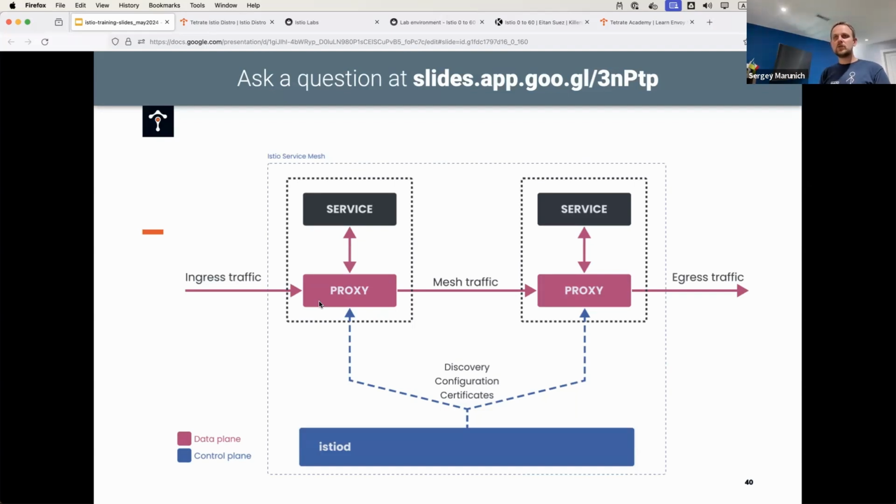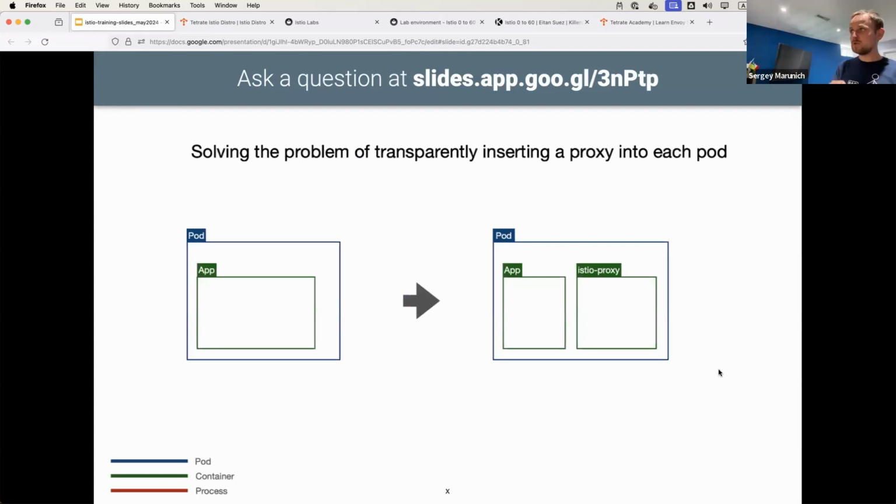So with that, Istio is responsible for discovery, configuration management, and Istio can also be your certificate manager or certificate signer. We'll talk about certificates in the certificates and service mesh section. It's a conversation by itself. But at this stage, I want to open this picture up and talk about